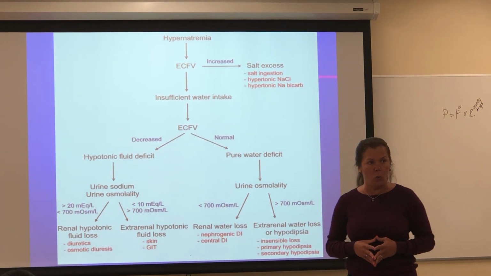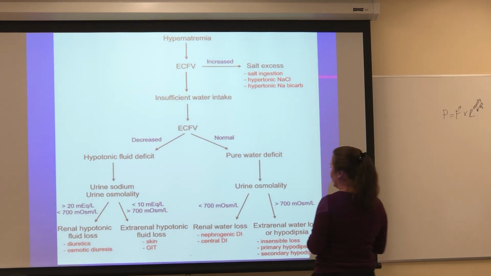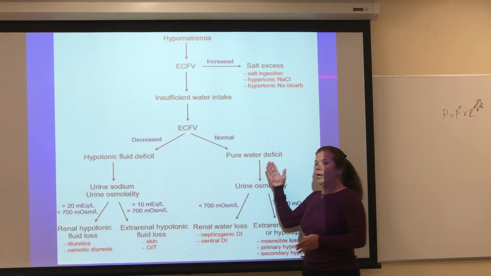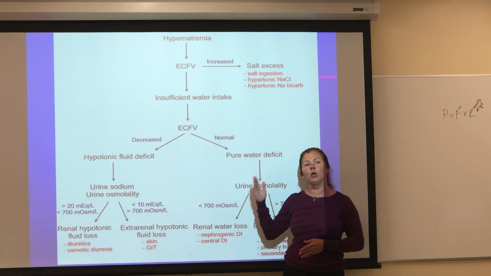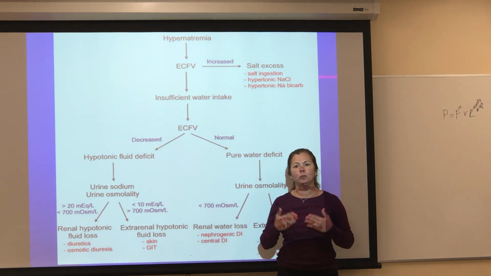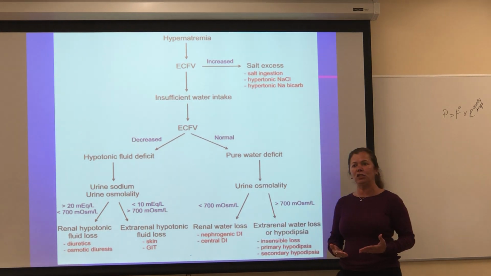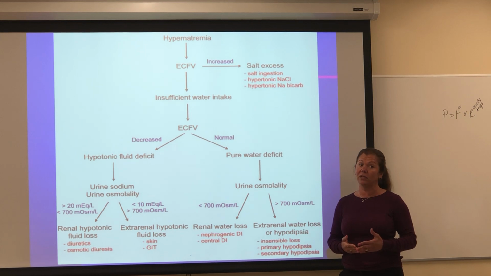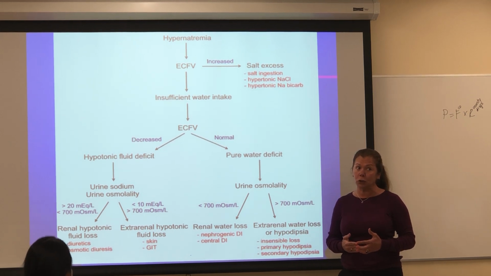They lose water. So when you have a patient with hypernatremia that is euvolemic, and you see that the patient is urinating almost 6 liters of fluid in the urine,